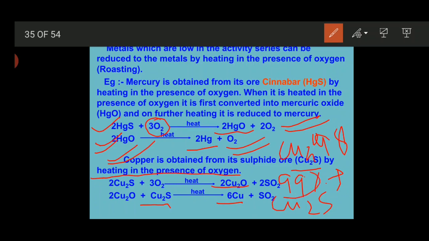So 1% of copper sulfide is left. That 1% again reacts with the 98% of cuprous oxide, and this is called the self-reduction method,